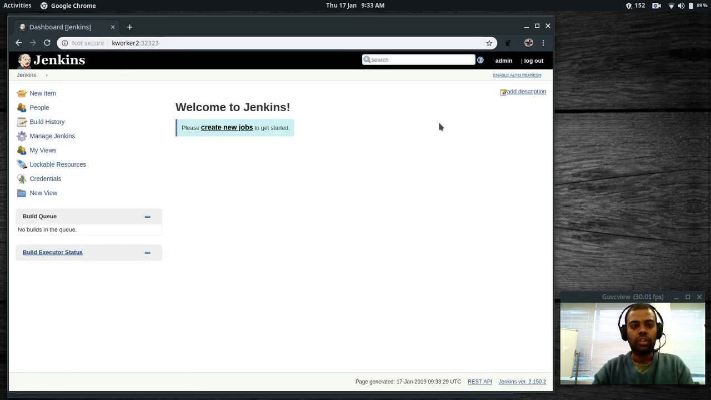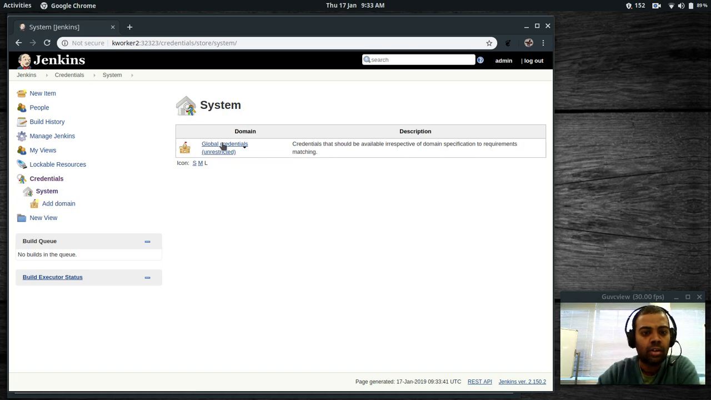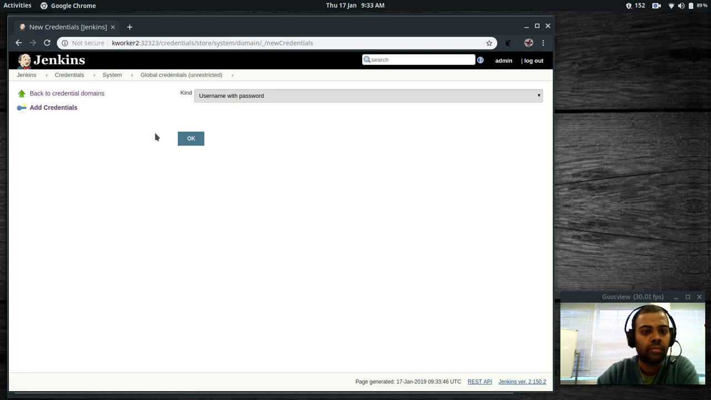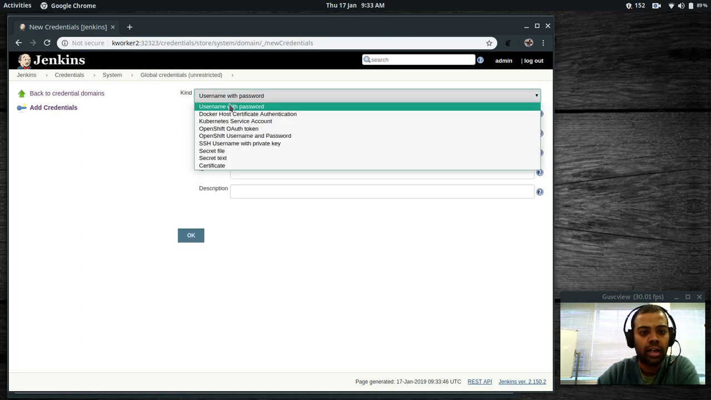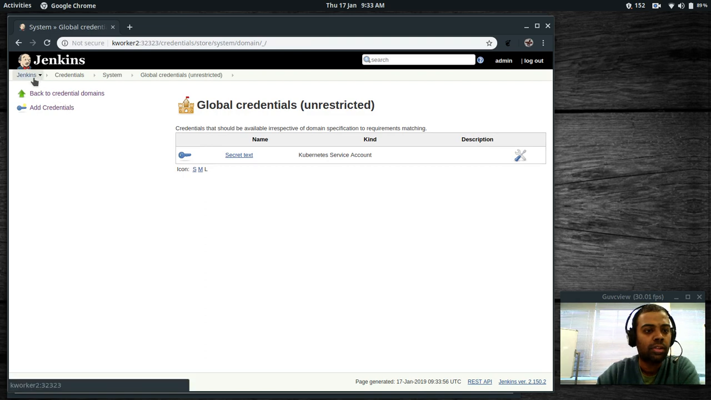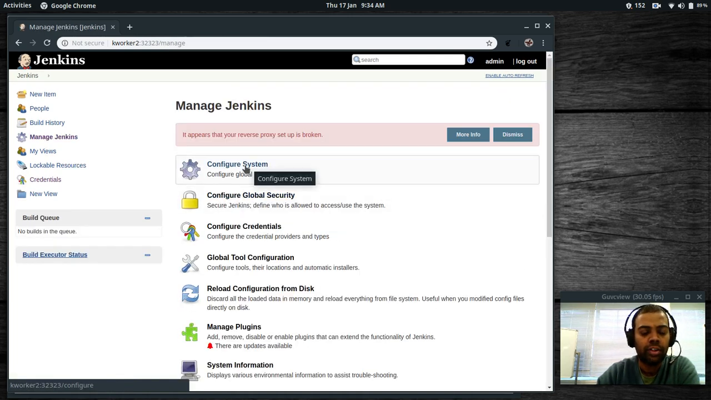Okay, so before we do anything, I'm going to go to the credentials directory, Jenkins, global credentials. I'm going to add credentials, and the kind of credential I'm going to add is Kubernetes service account. Scope is global, that's okay, and click OK. And go back to Jenkins, manage Jenkins, configure system,